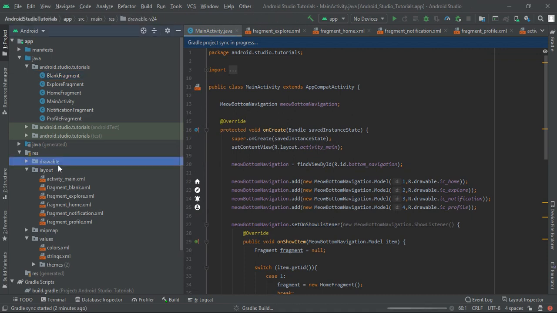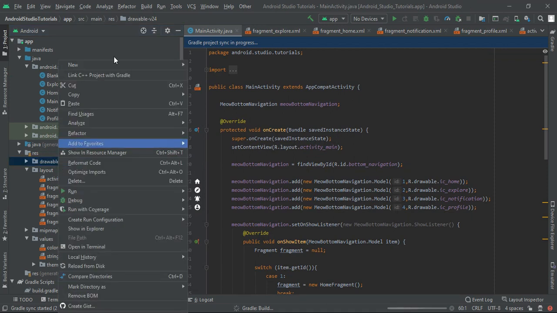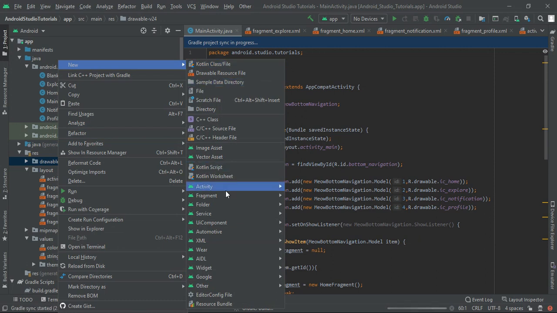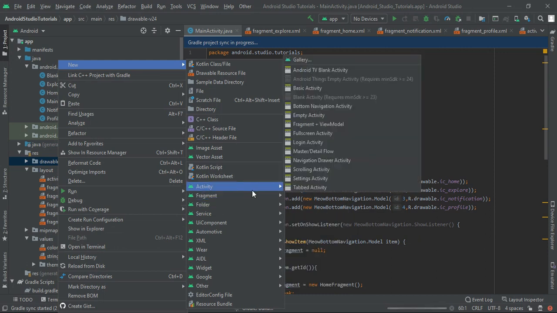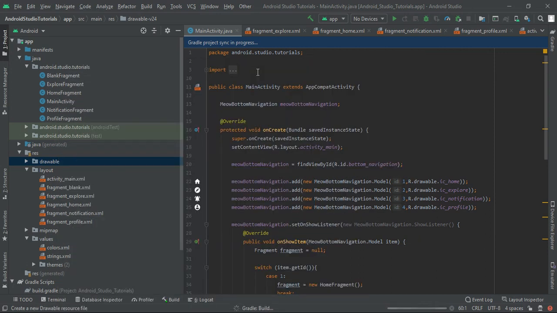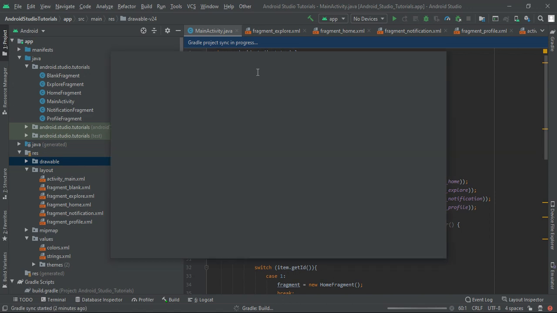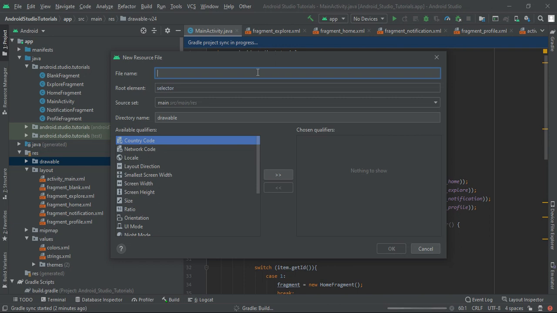our icons. So right click on drawable, then click on new, and then here I am going to write a new drawable resource file, and now it will take some time to show, but it will show, so we have to wait for it. And now I am going to write its name. So drawable name will be IC blank. For demonstration purpose only I am doing this, else I had already included my all icons and that stuff.